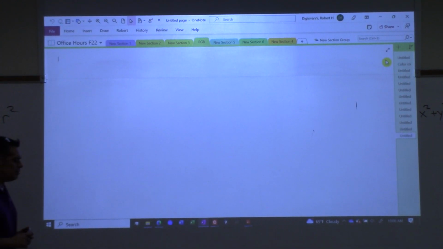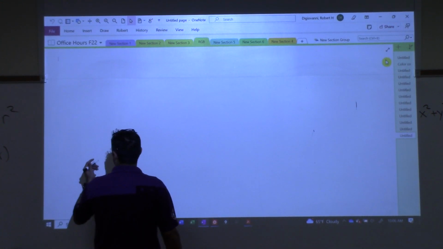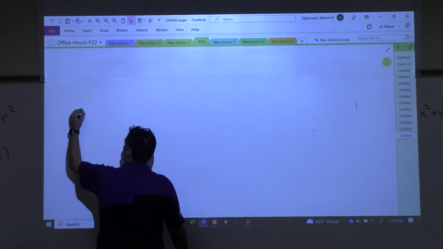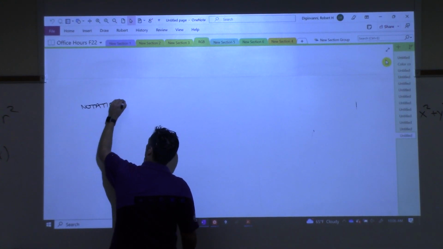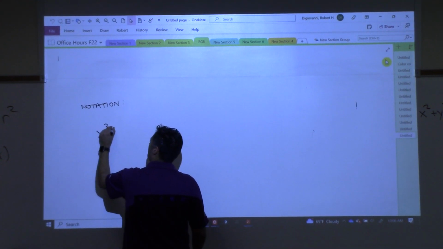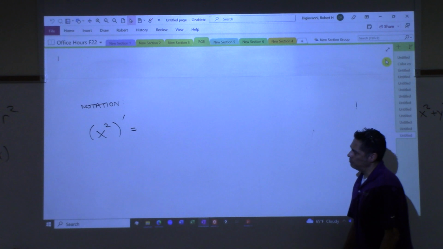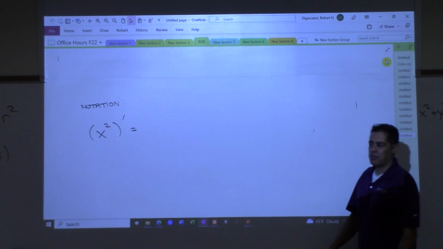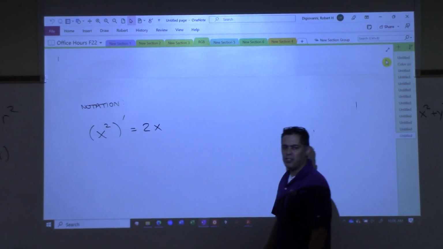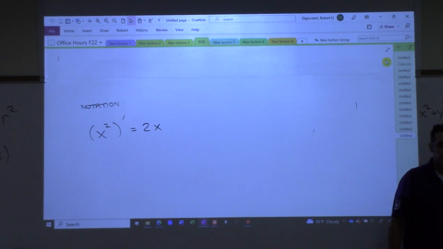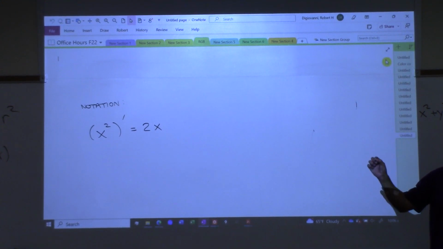So I want us to talk a little bit about notation. Before we start this, if I were to write this down, what would you tell me that derivative is? 2x, right? You would say 2x. Now, did you use the chain rule there? No? You used the power rule, right? The power rule, just the 2 came out. That's the first